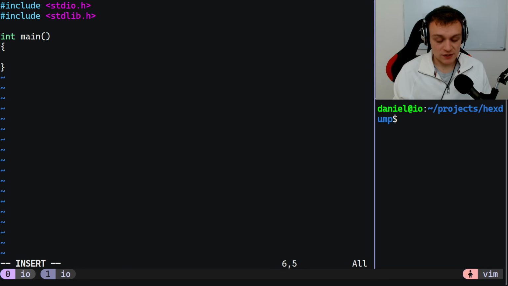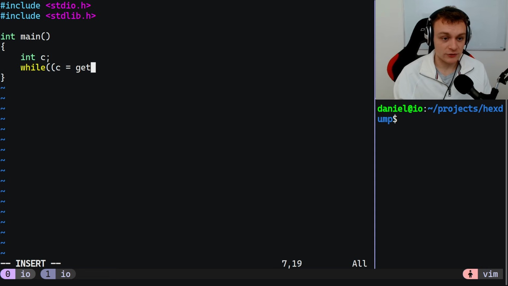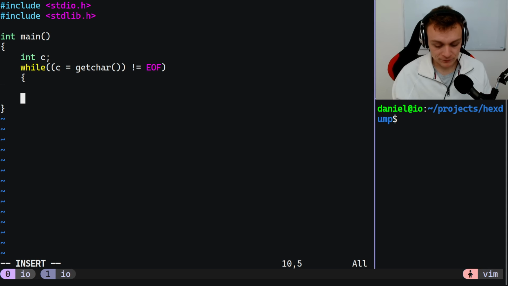And now we have to somehow read the input memory that we feed in via standard in. We can do that by creating a character variable, and this character variable stores the values of the characters that are coming in from standard in, and we read until we reach the end of file. Obviously, we can't read beyond that. And then we print out the character